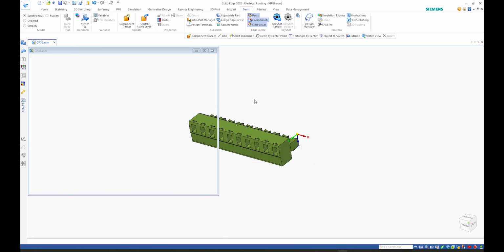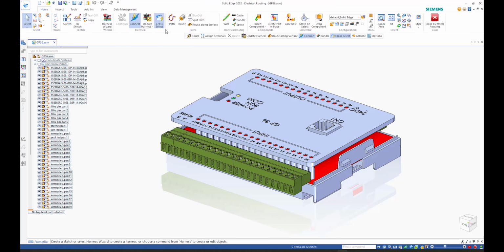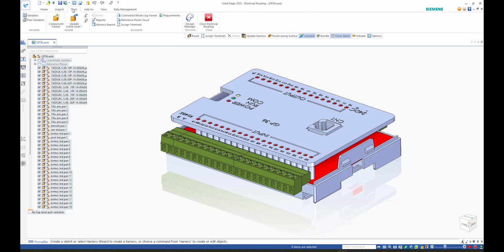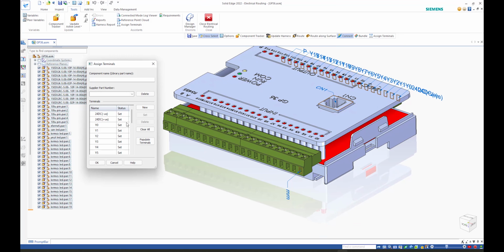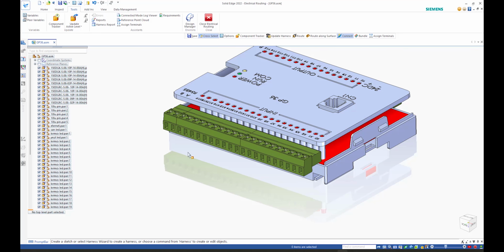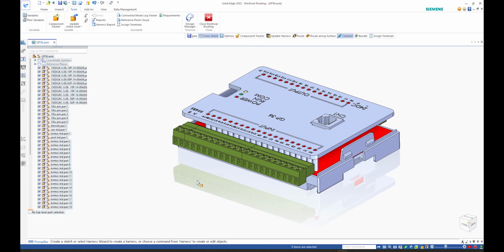I'm not going to save that. I could do that at the assembly level. So if I go to tools and assign terminals, you can see the terminals are already in there. And all I need to do is simply come back and click new, give it a name, something like that, and set where you want to place it, and you're good. So just a time saver there. You could do that at the assembly level now. All right, so the next one is going to be,